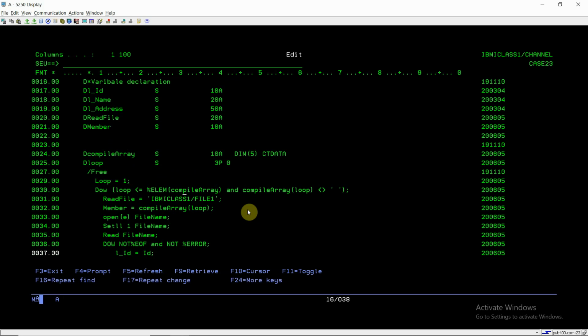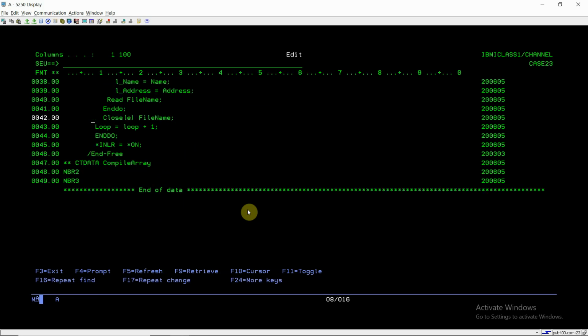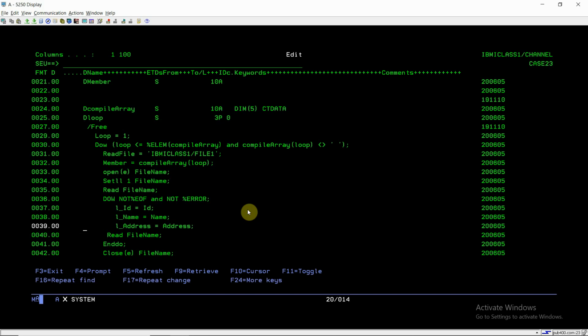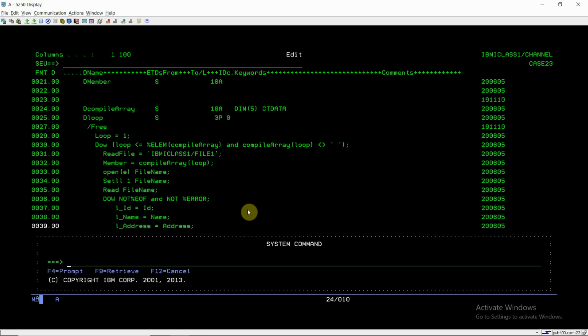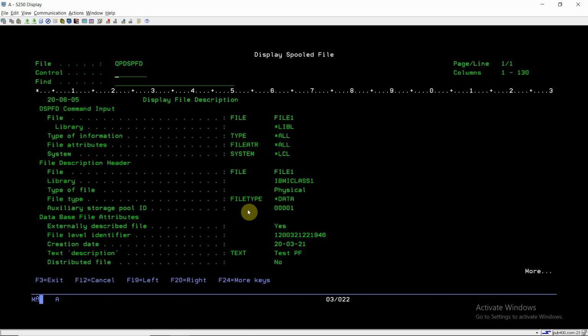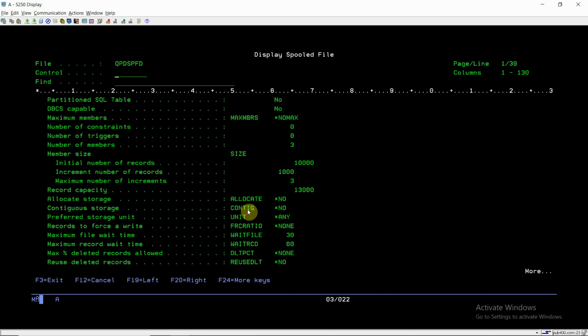Here you can see there is a compile time array and a loop, and in the compile time array I have specified member 2 and member 3 of the file. If you look at the file, the file name is file1. If I do DSPFD file1, I can see there are three members.